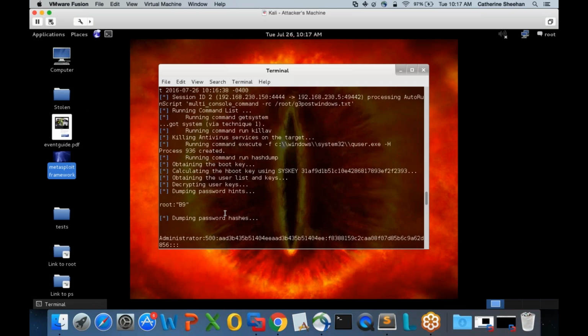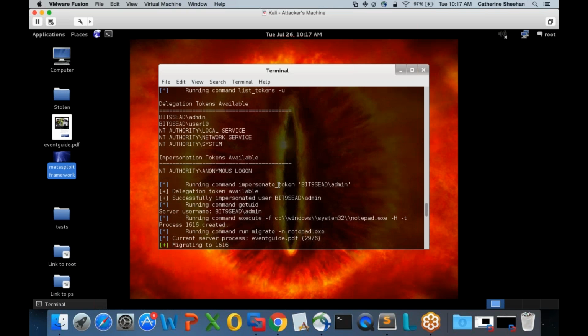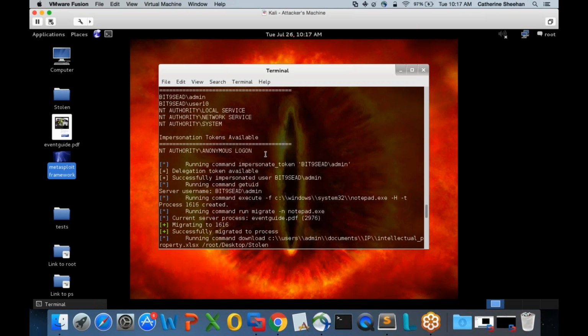So, our end user, he's in low enforcement. He clicked on that download link and executed that payload, and our attacker started firing off commands. So he escalates his privileges with getsystem. He's going to kill off your antivirus. He pulled up a list of the accounts he can compromise, and we'll see that displayed out. But the bottom line here is he's going to come in on our end user's machine. He's going to fire off some PowerShell scripts,